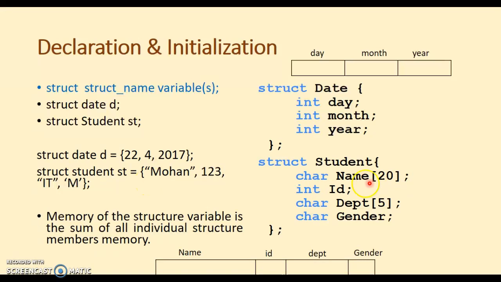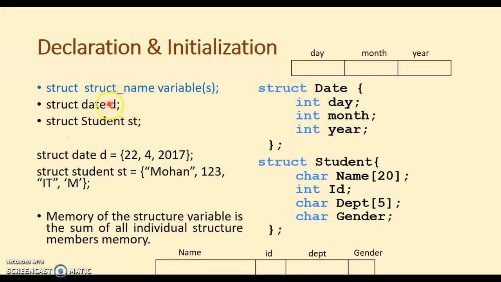to surround it with double quotes. The field name is in double quotes, followed by ID, which is a number we can directly give, followed by department within double quotes, followed by gender, which is a character type, a single character, so that we can surround it with single quotes. Memory of the structure variable is the sum of all individual structure members' memory, that is, this date